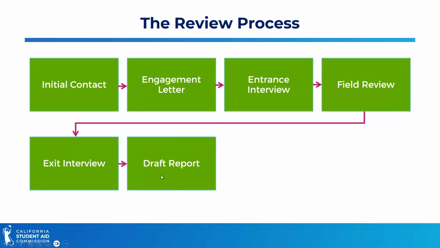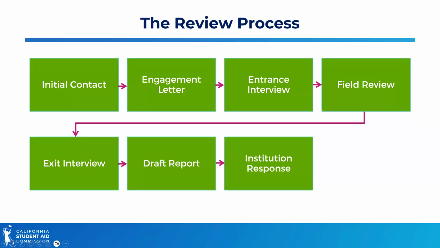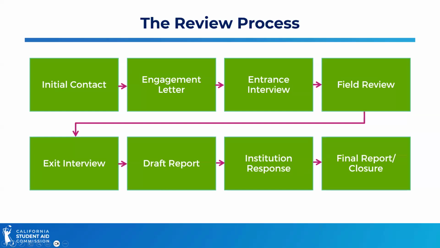And then the auditor will provide a draft report to the campus, letting them know what the findings were and what the actions are that the school is going to be asked to take, be it additional training, be it there are funds that were overpaid and need to be returned to the commission. There will be various actions that will be taken, and so the auditor will spell that out in the draft report. And then the institution has 30 days to respond on how they're going to fix those and improve their performance going forward, at which point that whole audit will be closed out.